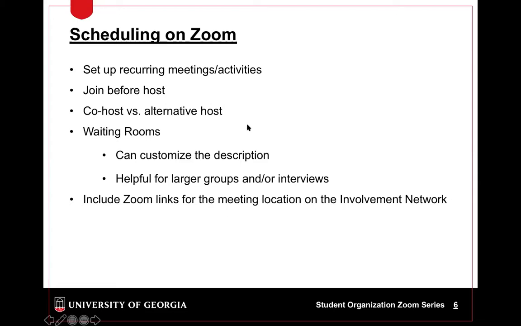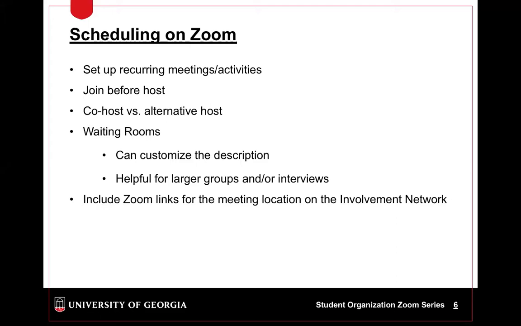You can also enable join before host. So if this is going to be a one-on-one meeting or a smaller group meeting, and maybe you know you're going to be coming straight from class and hopping on Zoom, or might be having something else going on, this enables participants to join before you, and then you'll also receive an email if you set it up saying so-and-so is waiting for you in Zoom. That's a great way if it's something where people can casually start talking before everyone's there. That's a great way to allow them to immediately join the meeting once clicking on the link.